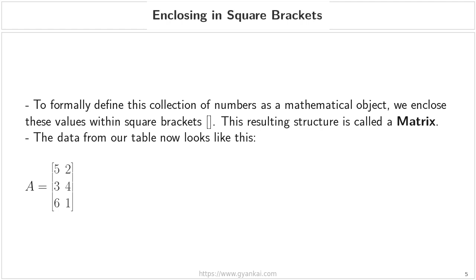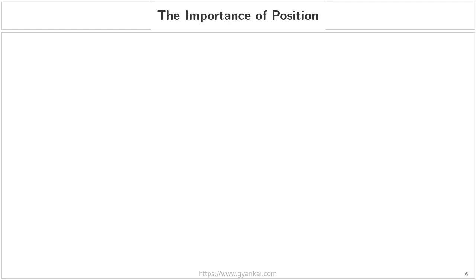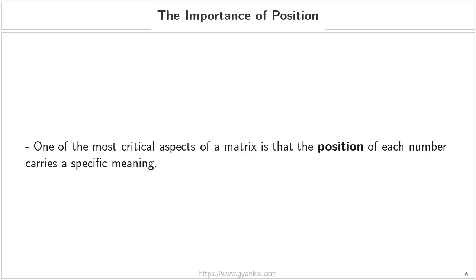By organizing the data this way, we have successfully transitioned from a descriptive table to a formal mathematical matrix. The importance of position. Now that we have successfully converted our table into a matrix, let us discuss a fundamental principle. One of the most critical aspects of a matrix is that the position of each number carries a specific